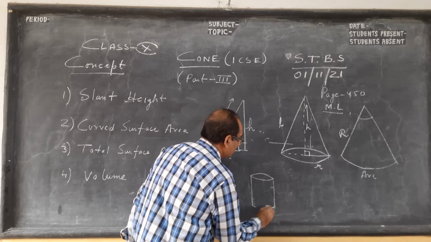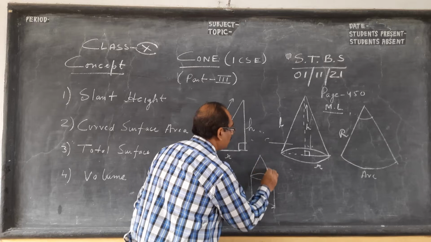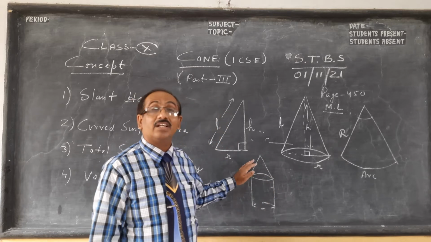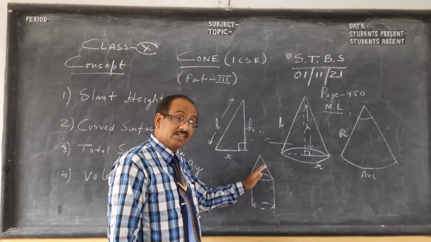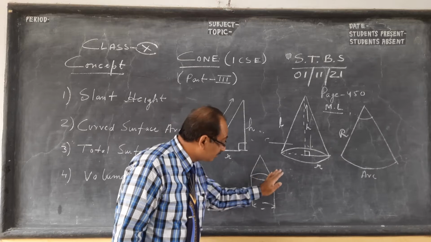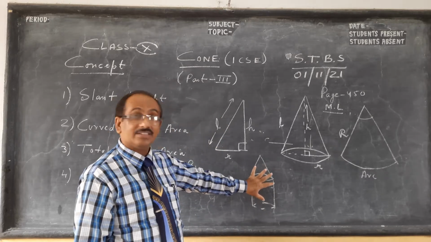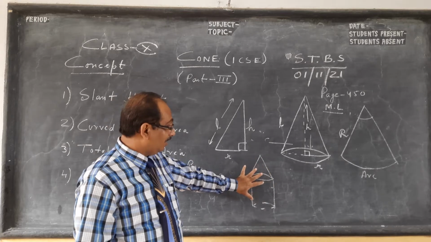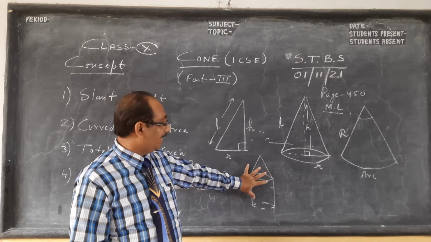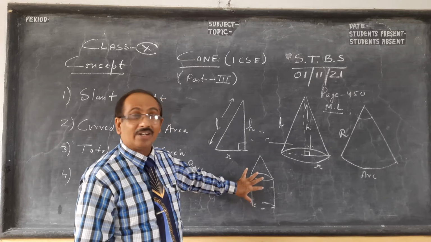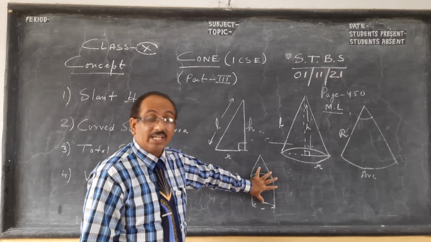I have taught you cylinder. A cylinder is surmounted by a cone, like a circus tent you get. So we have this application: curved surface area, what will be the volume? I hope you have seen a circus. In my time there were many circuses we used to go and see, with lots of wild animals, but now you don't see them. So these are applications.